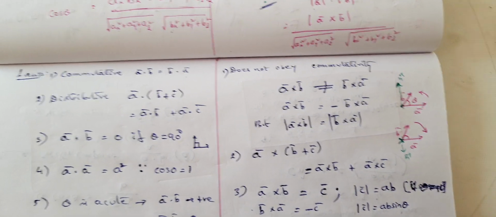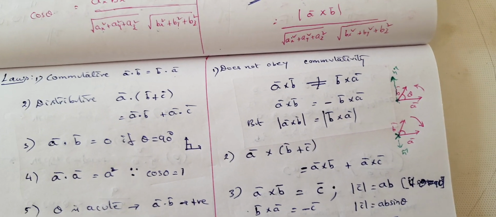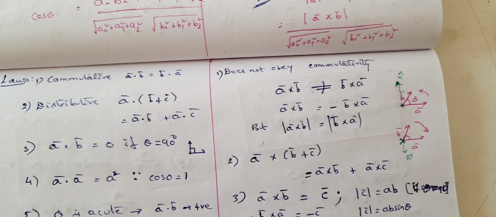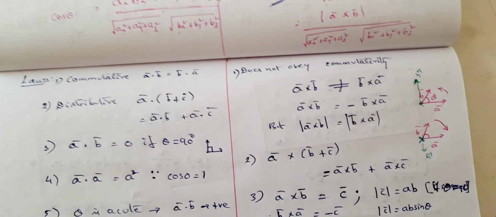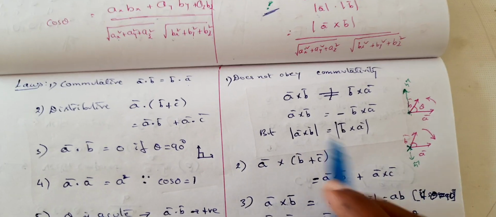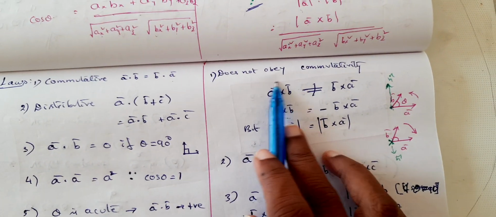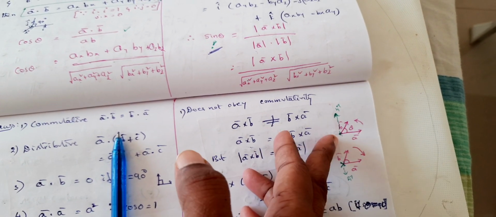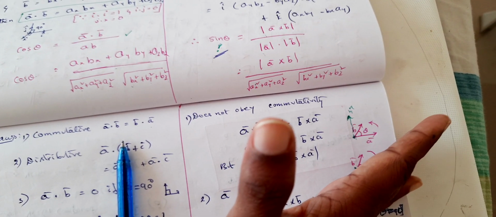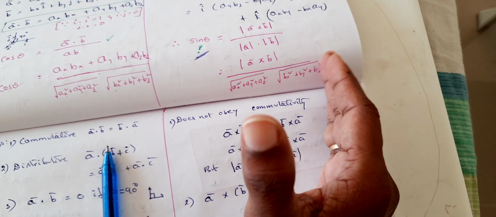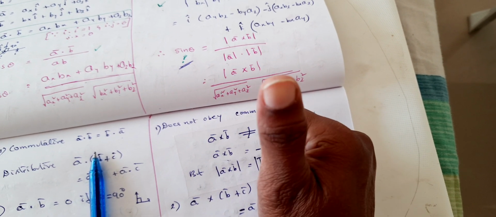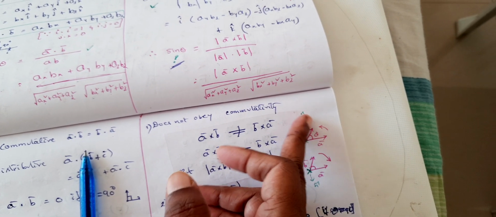Let's see both ways. One is based on trigonometric values and the other one using the common sense, because young minds have more common sense. Right. So therefore here a bar cross b bar. Now let us define a bar cross b bar. See, this is my a bar. So as I am trying to whirl the fingers around like this towards B, my thumb is pointing away from the book whenever it is a bar cross b bar.